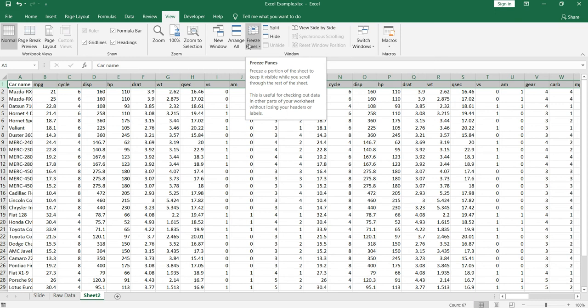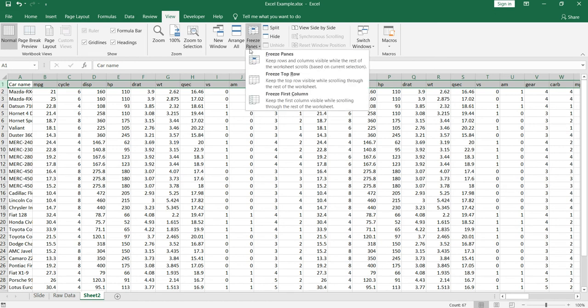So what it does is that it freezes a particular section of a sheet, right? So I have already selected this entire row. Now I'll click on this small drop down menu. Then you will have three options. First is freeze panes. Okay, so whatever you have selected, it will freeze it. Then there is this option freeze top row. The third option is freeze first column.